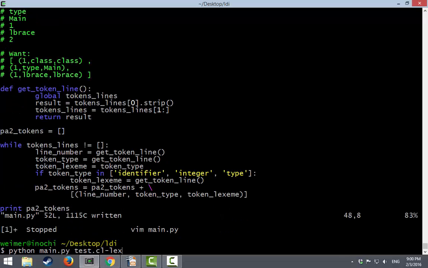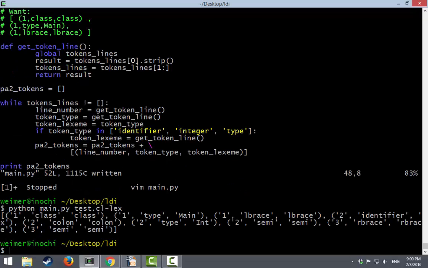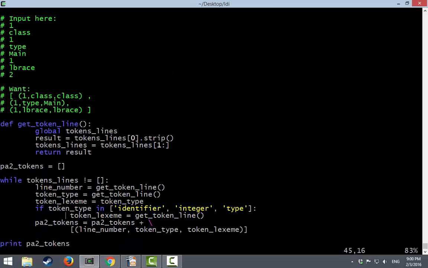All right, so we'll do a little more testing. Can we run through this? Well, now we see we have one token that's 1 class 1, another one that's 1 type main, brace on line 1, an identifier that's X, a colon on line 2. So we have successfully deserialized the input. Interestingly enough, just for convenience,